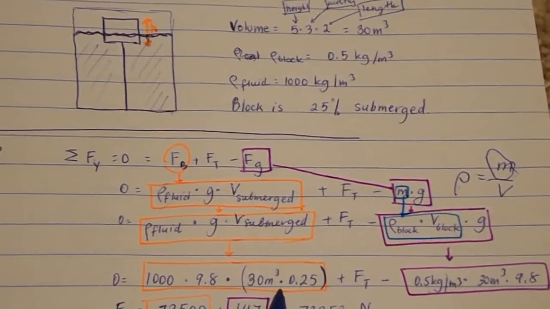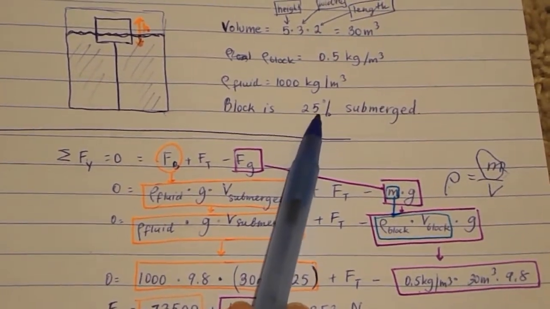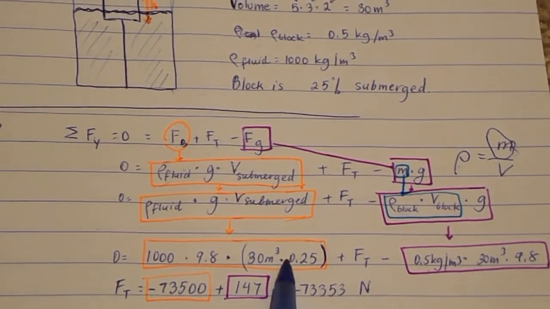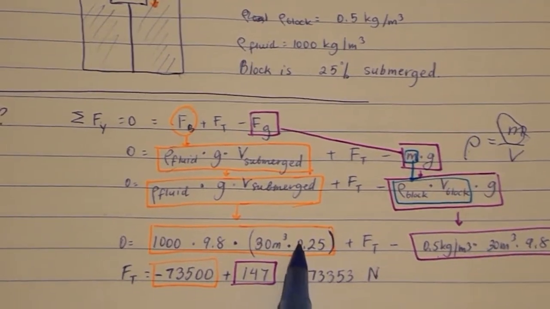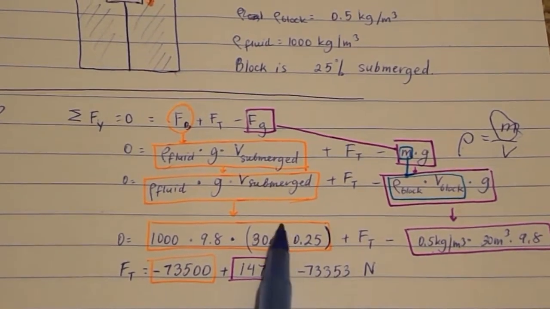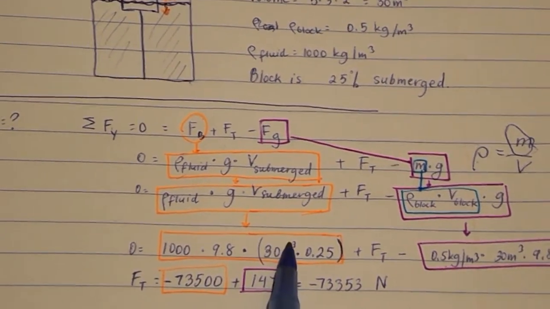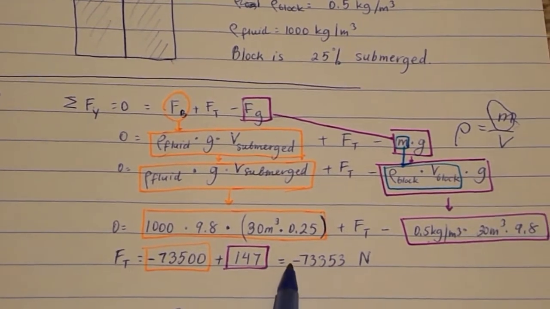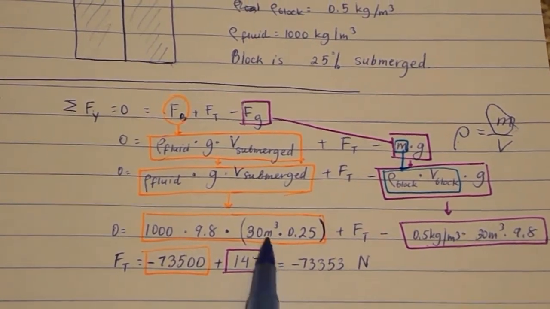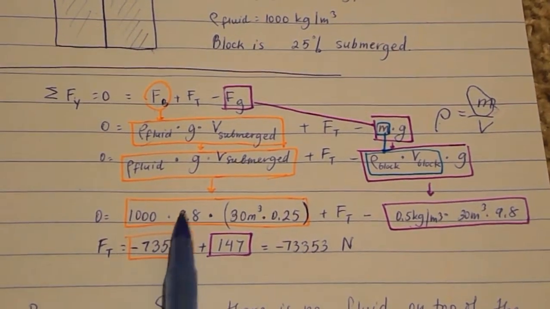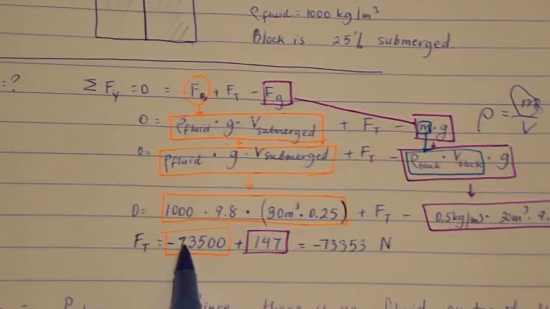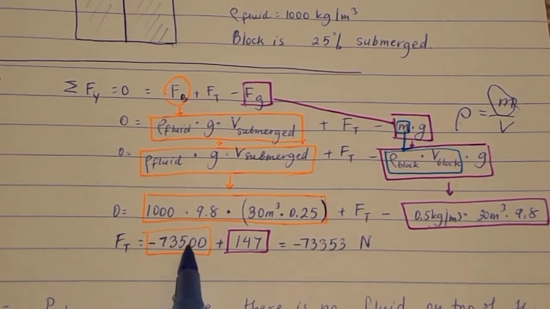And since 25% of the block is submerged, we multiply by 0.25 to find the volume submerged. So 25% of the 30 meters cubed volume is submerged, one quarter of the block. So this would give us 73,500